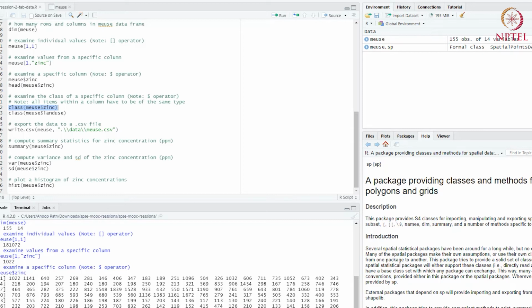So if zinc is a numeric data type, then all of the values have to be numbers. You can have different columns that are of different types, but within the same column, you can't have different types. So that's something to keep in mind. Similarly, if we print out the